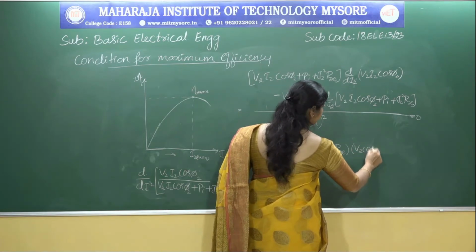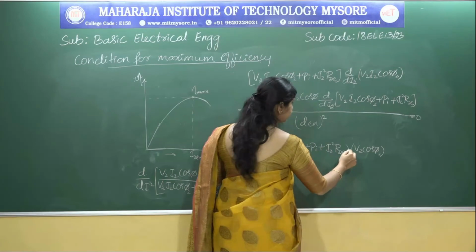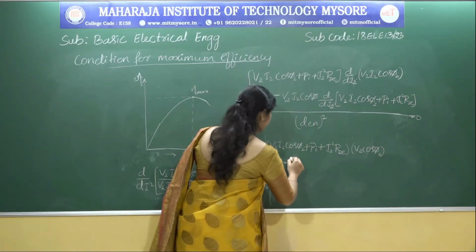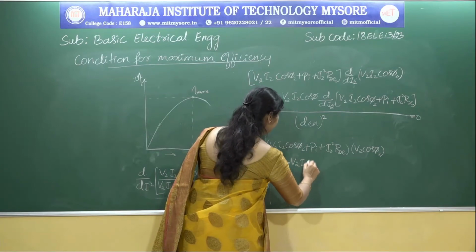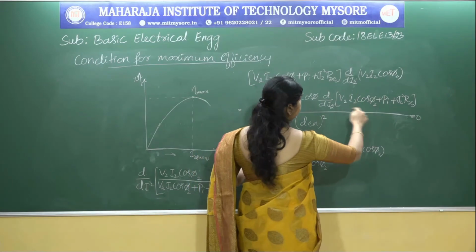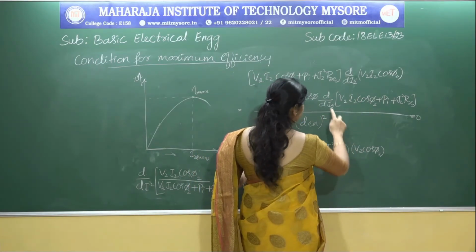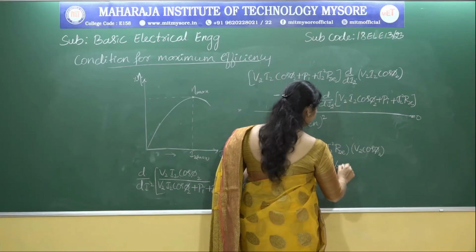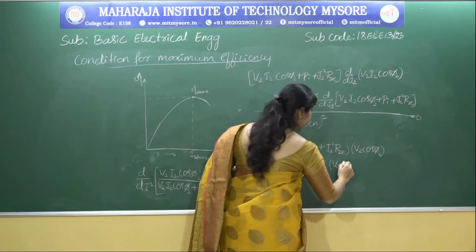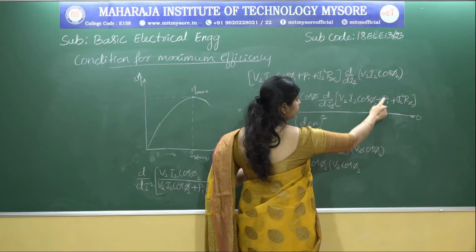V2 cos phi 2, because I2 becomes 1. So V2 cos phi 2, so minus, again, here, V2 I2 cos phi 2, and now we are going to differentiate this expression with respect to I2. So into V2 cos phi 2, we are differentiating the first term with respect to I2, so we get V2 cos phi 2, and since this part is constant, we get 0